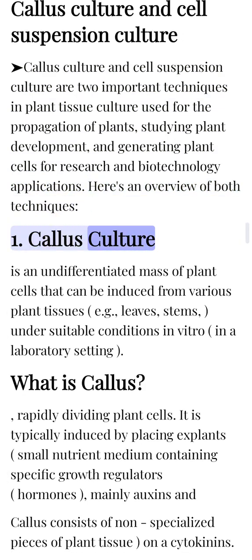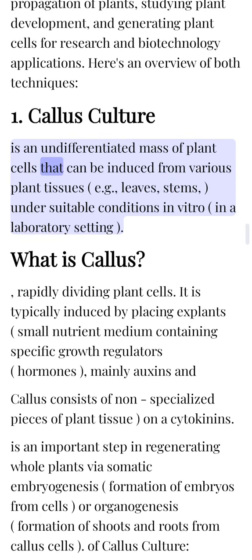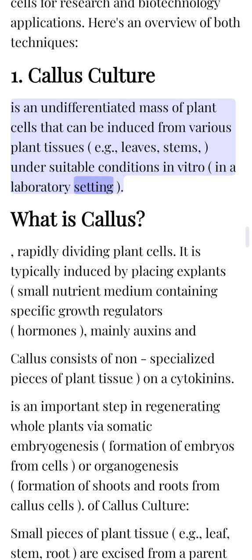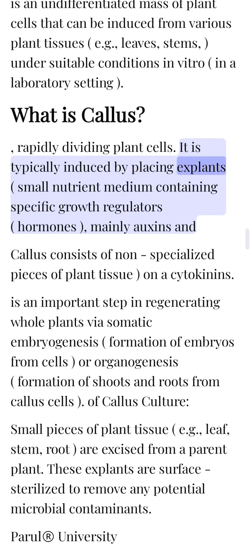1. Callus culture is an undifferentiated mass of plant cells that can be induced from various plant tissues, for example, leaves, stems, under suitable conditions in vitro, in a laboratory setting. What is callus? Rapidly dividing plant cells. It is typically induced by placing explants, small pieces of plant tissue, on a nutrient medium containing specific growth regulators, hormones, mainly auxins and